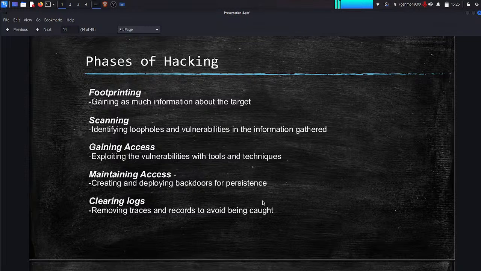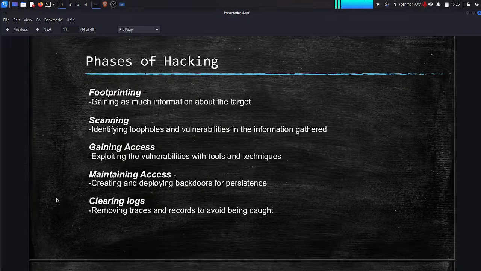After gaining access, you should know how to maintain that access. So create and deploy a backdoor so that you can log out of the system and log in again. How does a backdoor work? Say you breach the system and you are in, but you want to exploit it later, after one month or two months, so you leave a backdoor there so that you can enter directly without doing all the steps and running scans. You just skip those three steps and directly gain access.